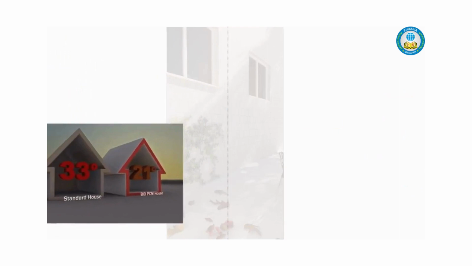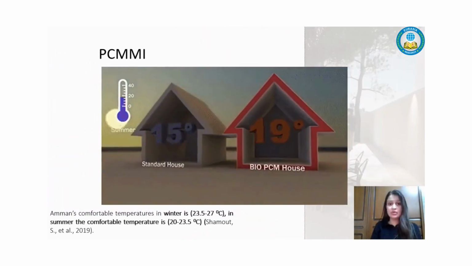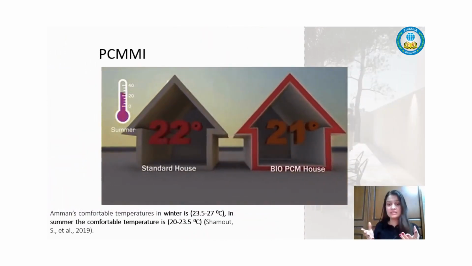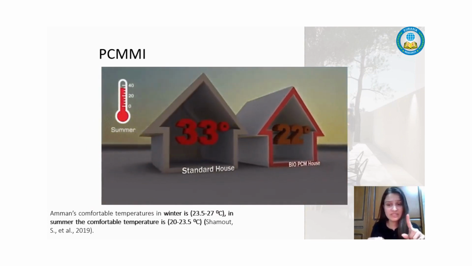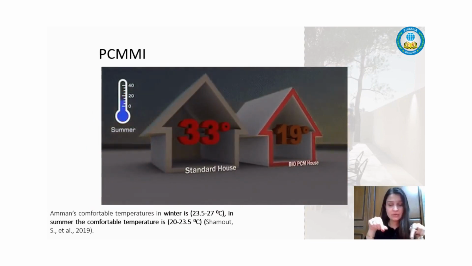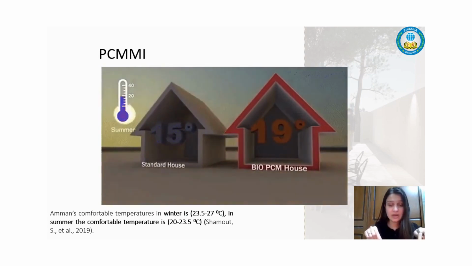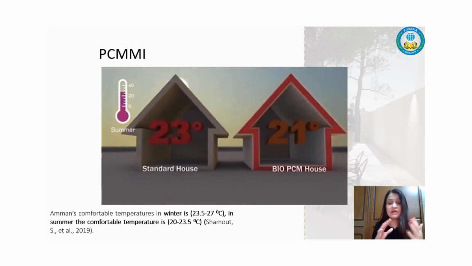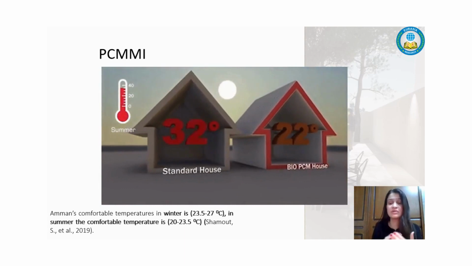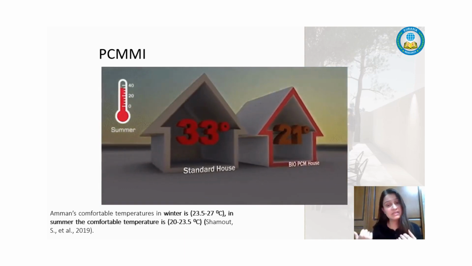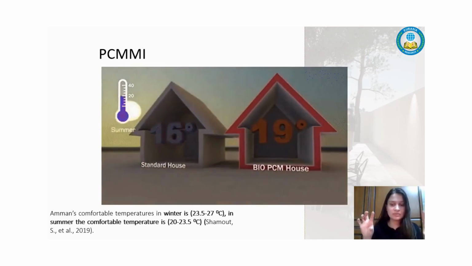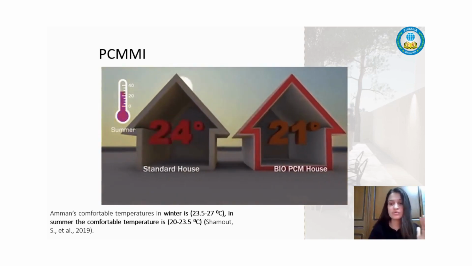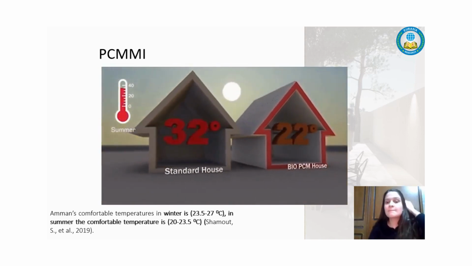Here's an illustration showing two buildings, one without the PCWMI, one with it. You can see that without the PCWMI, which doesn't have the red outline, you can feel the spectrum of the temperature throughout the 24 hours of the day, while with the PCWMI, you can see that it is kept at a comfortable temperature, only between 19 to 21 or 22 degrees Celsius.